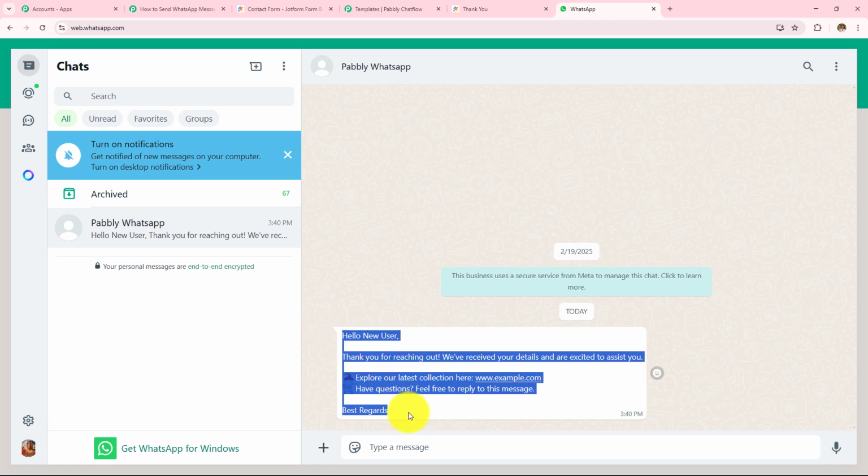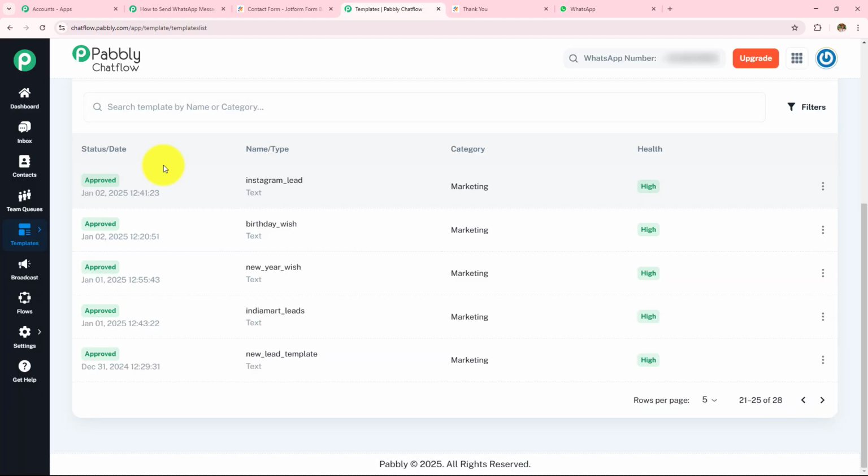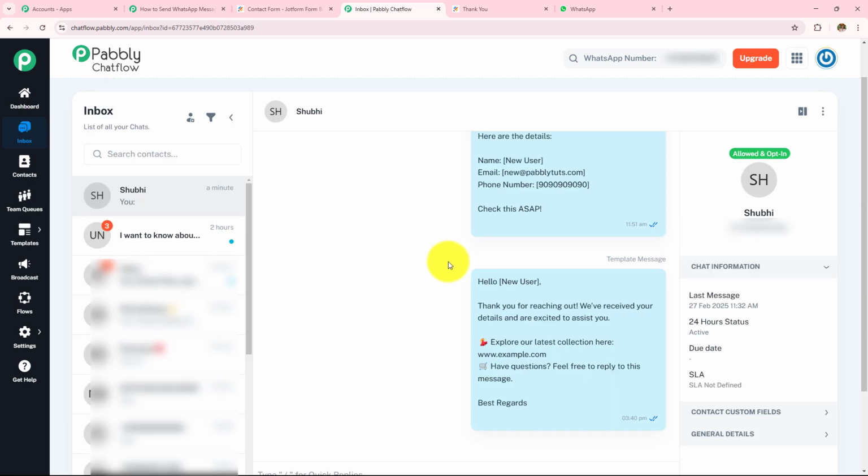Now that it was my WhatsApp number, I have shown you the WhatsApp message which I have received. If you want to check whether the message has been sent or not, you have to open your Pabbly Chatflow account, and then on the left hand side you have to click on this inbox option. Now here you can see that the message has been sent. You can also check the status of the message: sent, delivered, and read. So you can send 2 WhatsApp messages to your customers in 24 hours time interval. If they reply to those 2 messages, you can then send other 2 messages. But if they do not reply, you cannot send messages after that.